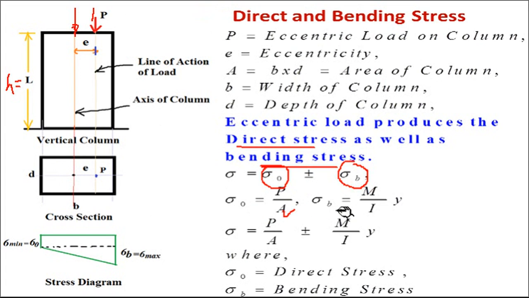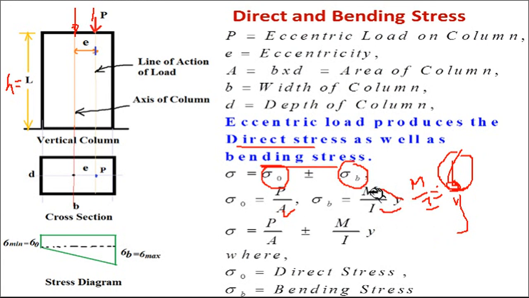And to find the bending stress sigma B, you have to use the flexural equation. So what is our flexural equation? M upon I equal to sigma by Y. We are going to use this equation. This is the flexural formula: M upon I equal to sigma by Y. You have learned this in unit number 3. By cross multiplication, you will get sigma B equal to M into Y divided by I. So this is the flexural equation.